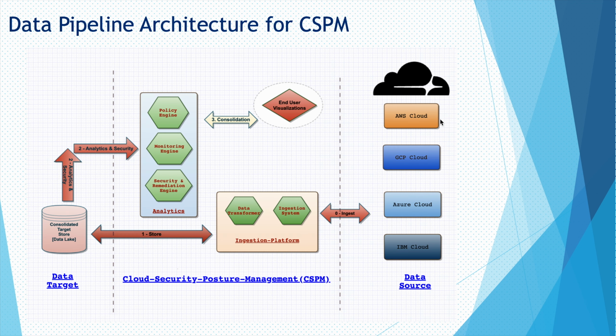Like in the previous slides, we have discussed our data sources, public clouds. In public clouds, there are some key data sources, for example, audit log, IAM, etc. We want to collect that information and put it in a central consolidated target store. To fetch and store that, we need one intermediate stage, and essentially we need one platform, which is called the ingestion platform, which will continuously poll your public cloud at a regular interval and get the data into this CSPM